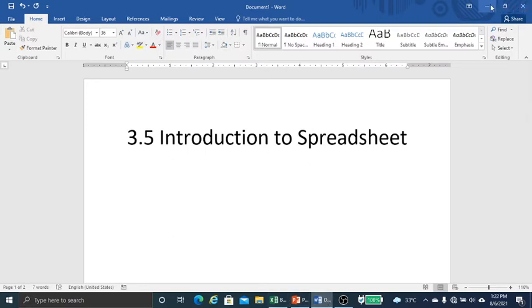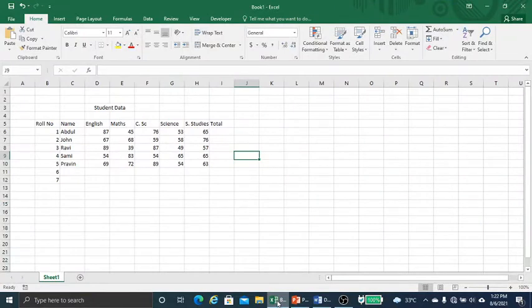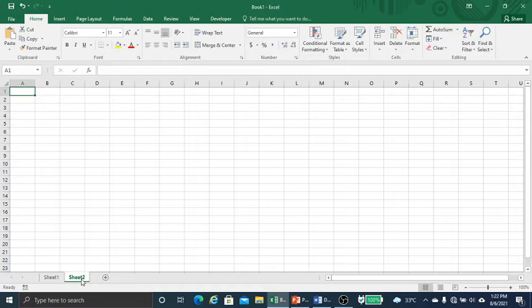So I think you all know how to open spreadsheet. We'll click on the start button, then all programs, and under Microsoft Office we can open spreadsheet, which is MS Excel. Now let me tell you what a spreadsheet is. Spreadsheet is an electronic document in which data is arranged in rows and columns. You can see here the data is arranged in rows and columns, and it forms a grid.